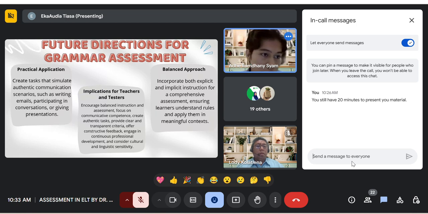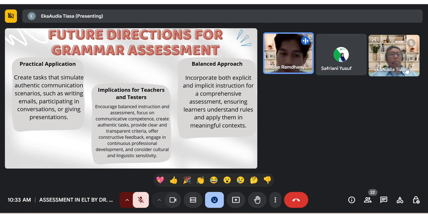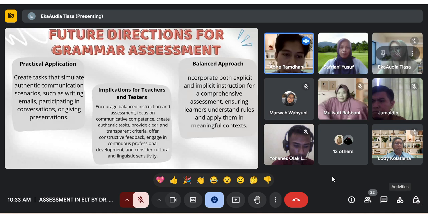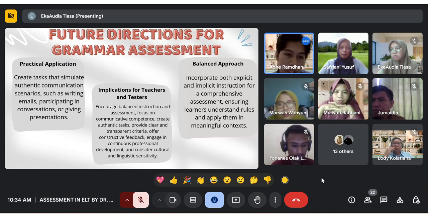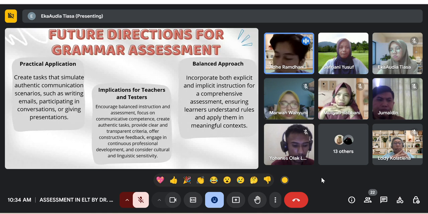So, creating tasks that simulate authentic communication scenarios such as writing emails, participating in conversation, or giving a presentation. And the second one will be a balanced approach. It incorporates both explicit and implicit instruction for comprehensive assessment, ensuring learners understand rules and apply them in meaningful